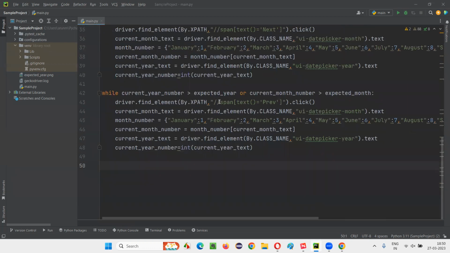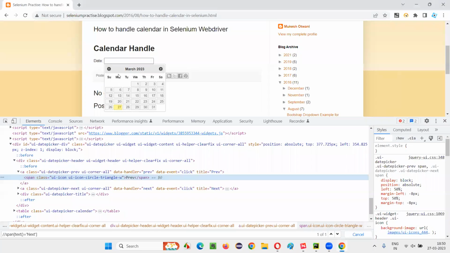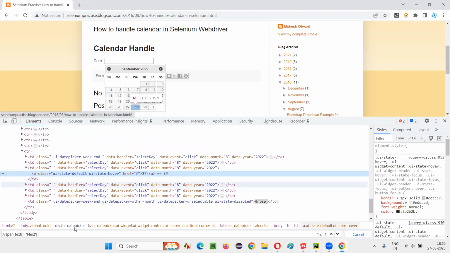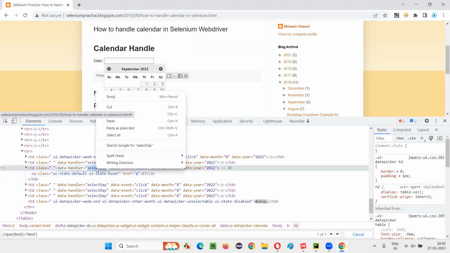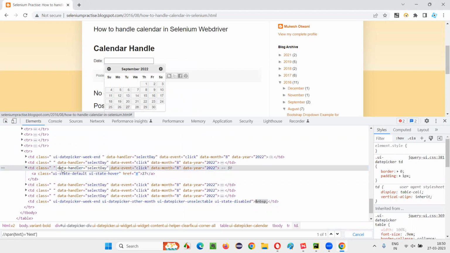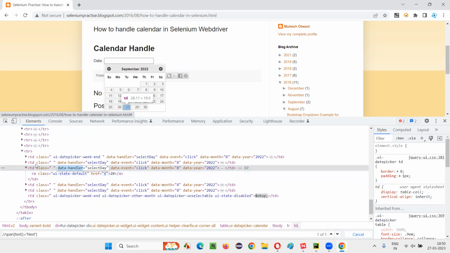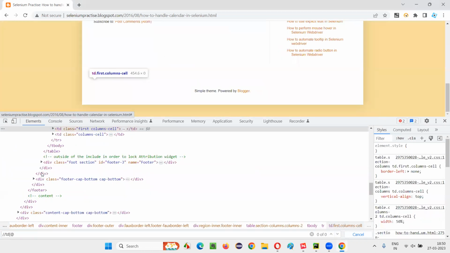And after that, what I have to do? Let's say I went to 2022 till September. Now I have to select 27 here. Inspect this 27, and this is the HTML code. And this is the data handler. I'll copy this data handler. Control F, /td @ data handler is equal to,